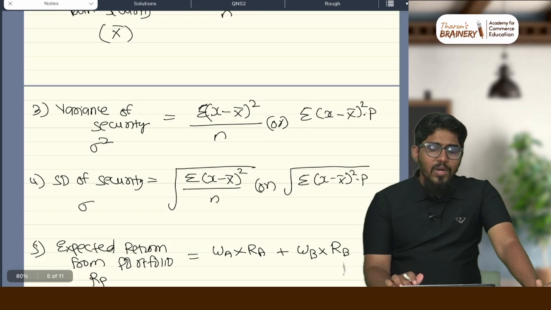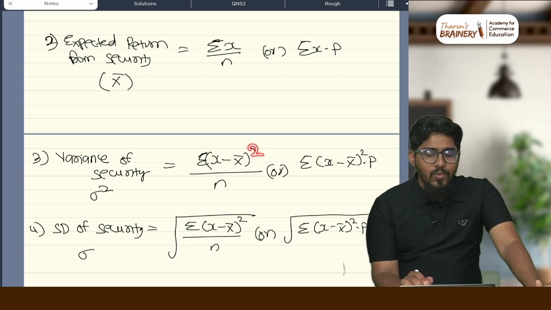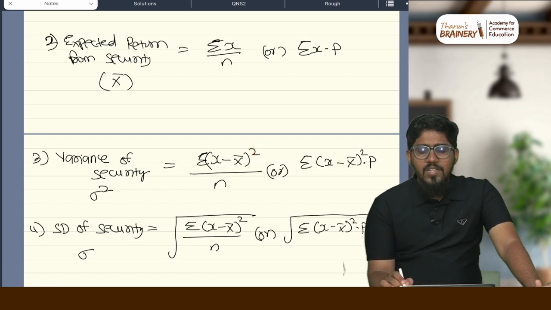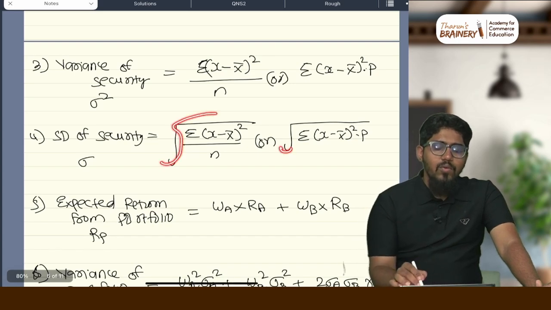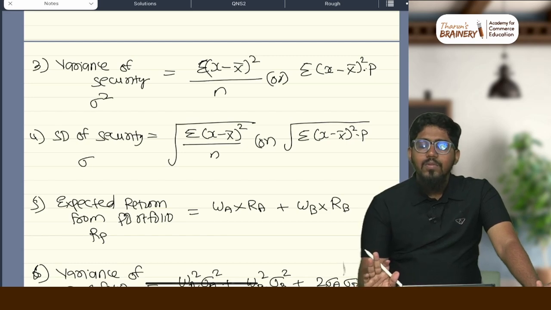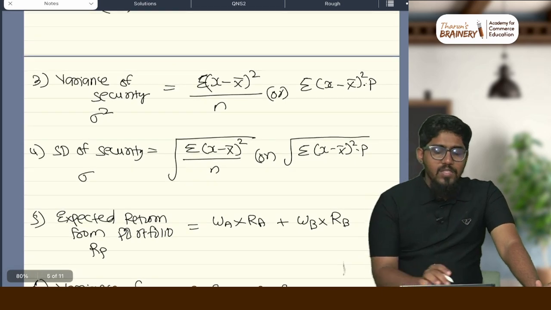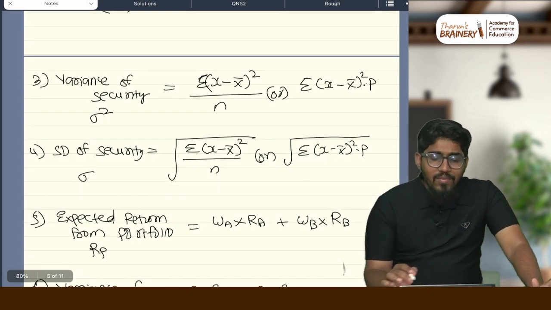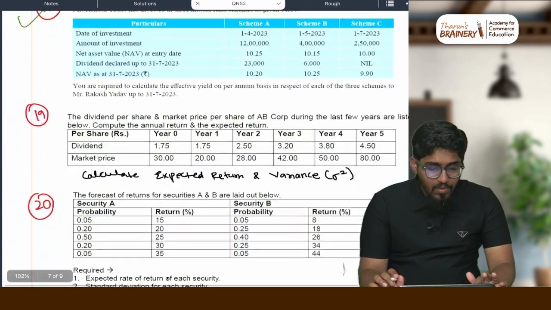Clarity. Sir, what is the variance formula? Sigma x minus x dash by n, or rather sigma x minus x dash square by n, or sigma x minus x dash square into probabilities. Sir, what is the standard deviation? Nothing but the root of the variance: sigma x minus x dash square divided by n, the whole root, or sigma x minus x dash the whole square into p, the whole root. This is the standard deviation of the security. This much clarity you are having. If you are having this much clarity, we are going to see